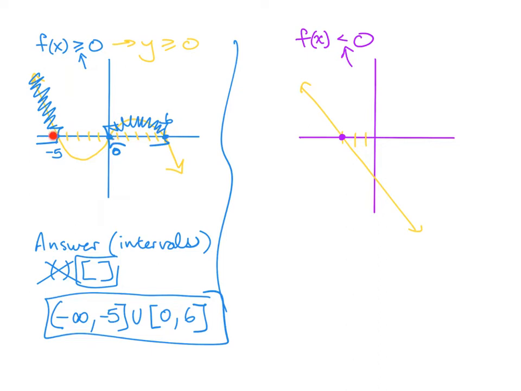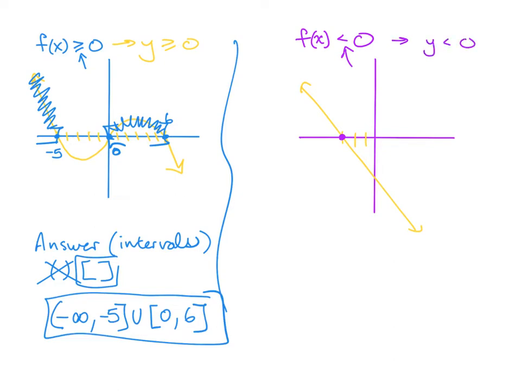The zeros play a very important role no matter if there's an equal to or not. It's just if there is no equal to, we use parentheses instead of square brackets like we did in the last example. So a less than, and f of x is less than, which would mean y is less than